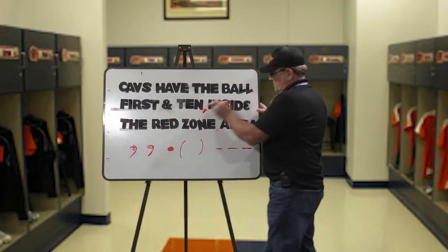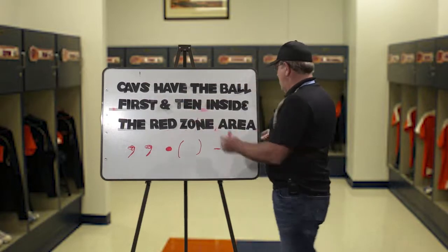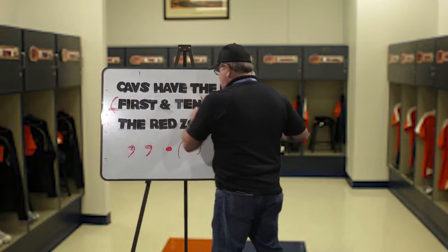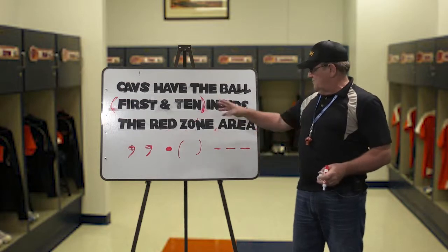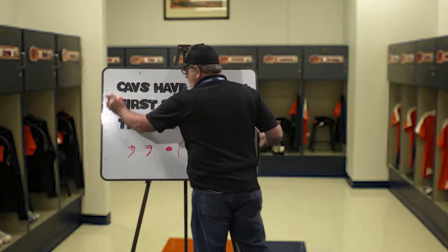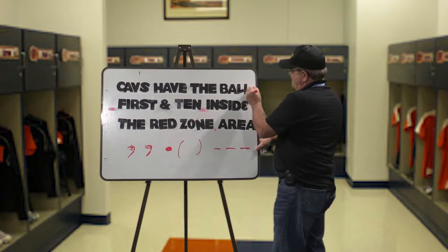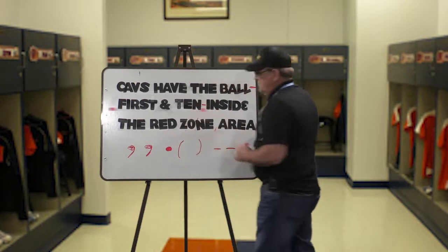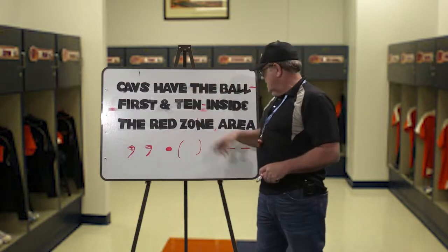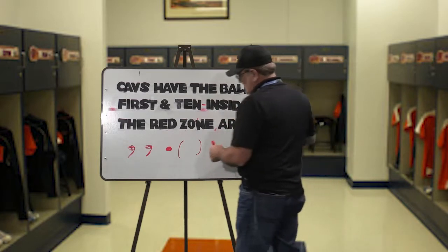A couple other ways we can do this. If I really want to draw the reader's attention away from this non-essential clause, I can put the entire clause in parentheses. Invites the reader to essentially ignore it. Ignore the clause, 1st and 10. If I want to draw strong attention, we don't get often into the red zone area. So if I think that's a big deal, I may introduce a dash up here to introduce the clause and a dash to close it. I'm kind of interrupting myself, if you will, stepping on my own toes. 1st and 10 inside the red zone area. So that's various ways that can be used.